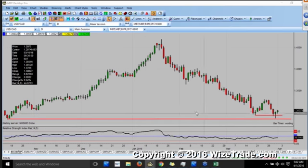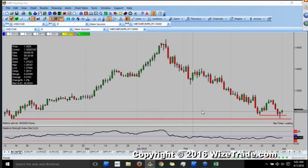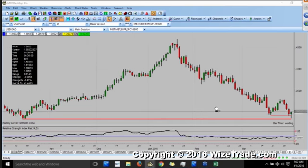But what I love about these type of reversal candles that you see here, you can see it at the high and you can see it at the low. The best thing about them, what makes that so unique and so good, is when it's a false break. See, when you get a false breakout and a reversal, that just bends everybody over on the other side. Just rams it right up their